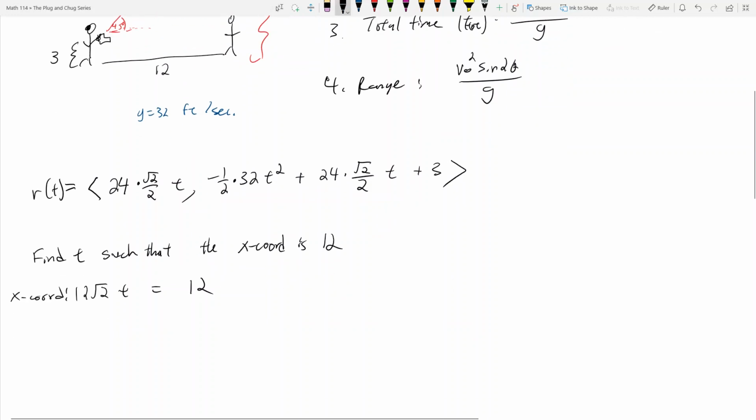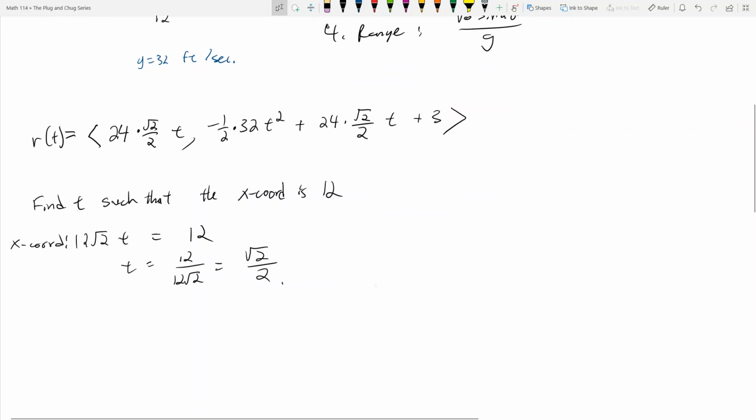And so t then is going to be equal to 12 over 12 root 2, which is the same thing as root 2 over 2, okay? And now what I can do then is plug in root 2 over 2 into this equation. And so doing that, r at